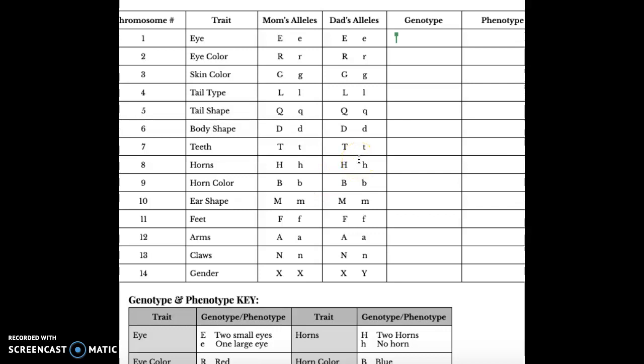What we're going to do is you're going to need a coin, you're going to need this sheet. First off, one person will flip, okay, and if they get a heads, it's the dominant trait, so you'll write the capital letter in the genotype. If they flip and get a tails, they will